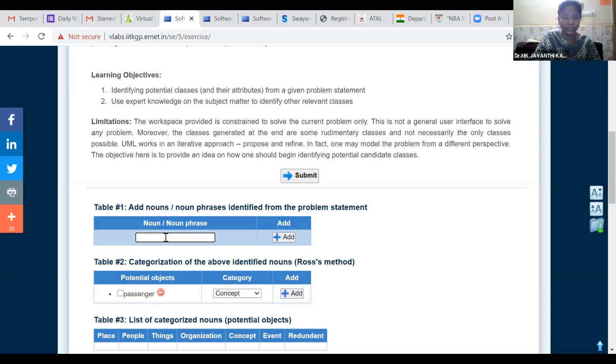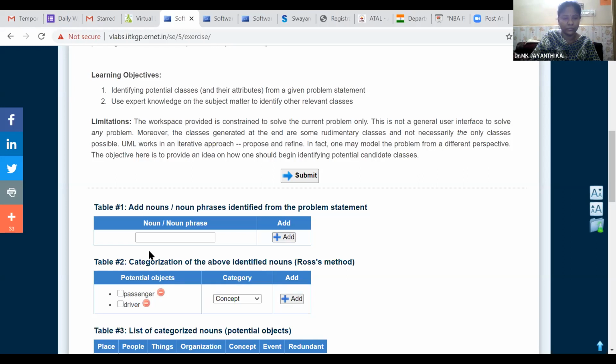We can have a driver. Again, within the passenger, we can have the concept also we can choose. And driver also.